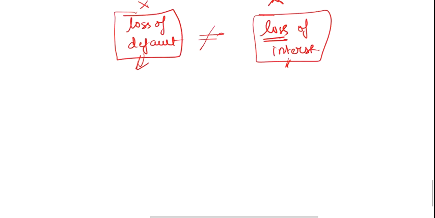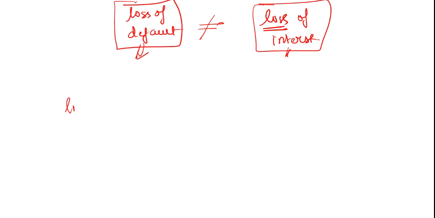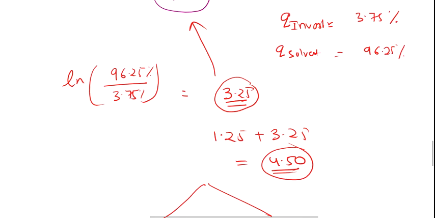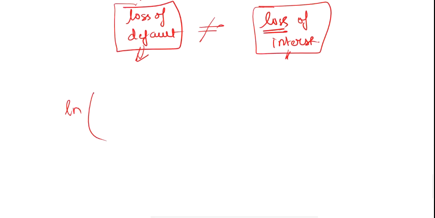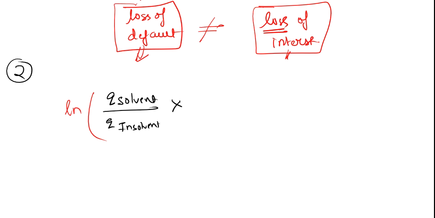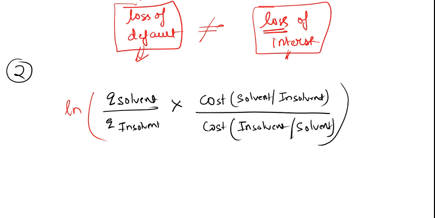Okay, what will be the way in which we can adjust? We need to calculate a new adjustment factor. This is the first method, and because it has some problems, in that we are not involving the cost, now we are improving our method and including the factor of cost. So it will be probability of solvent by probability of insolvent as before, but one thing we are including is the cost. Clear? We are including this additional factor of cost.